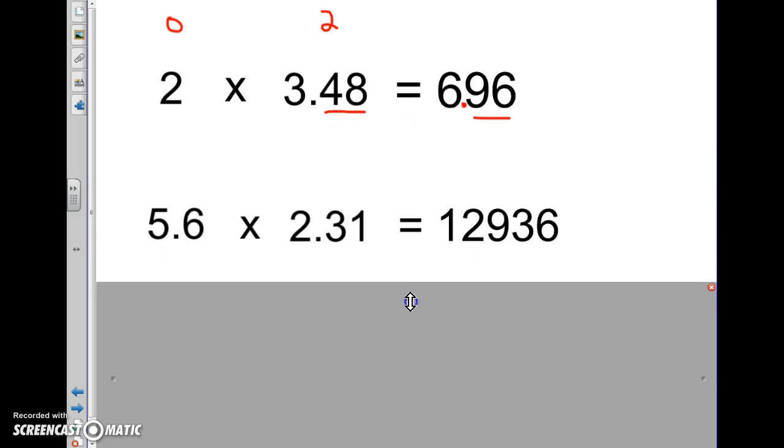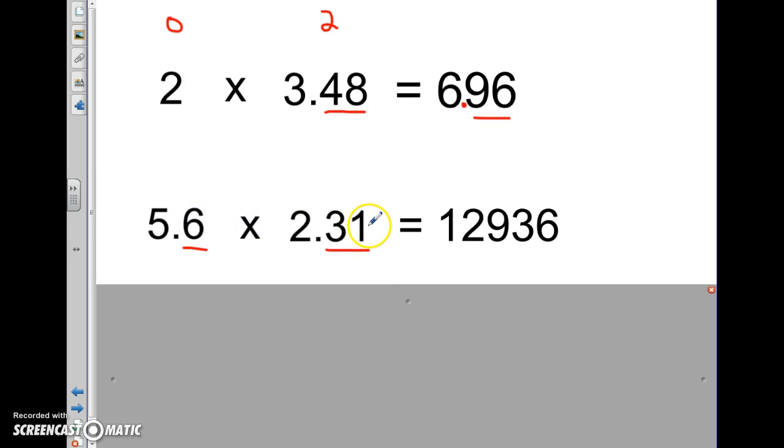Do the same process. We don't need to worry about what digits we're going to end up with. I already put that down here. But we've got to figure out where the decimal point is going to be placed. So again, we look at each of these factors and say, how many digits are there to the right of the decimal point? For this factor we have 1, right? Because we have a digit in the tenths place. And for this factor we have 2, because we have a digit in the tenths place and a digit in the hundredths place. So we have 1, 2, 3